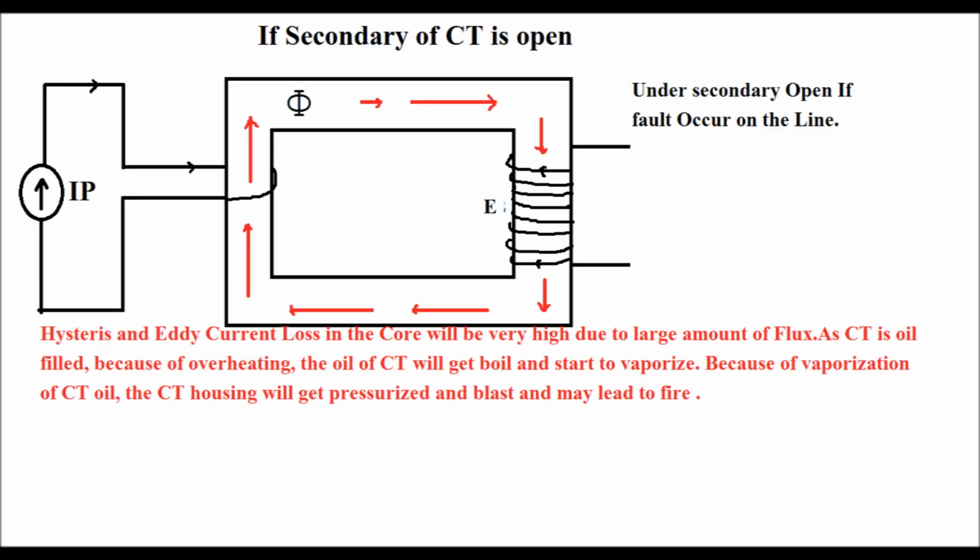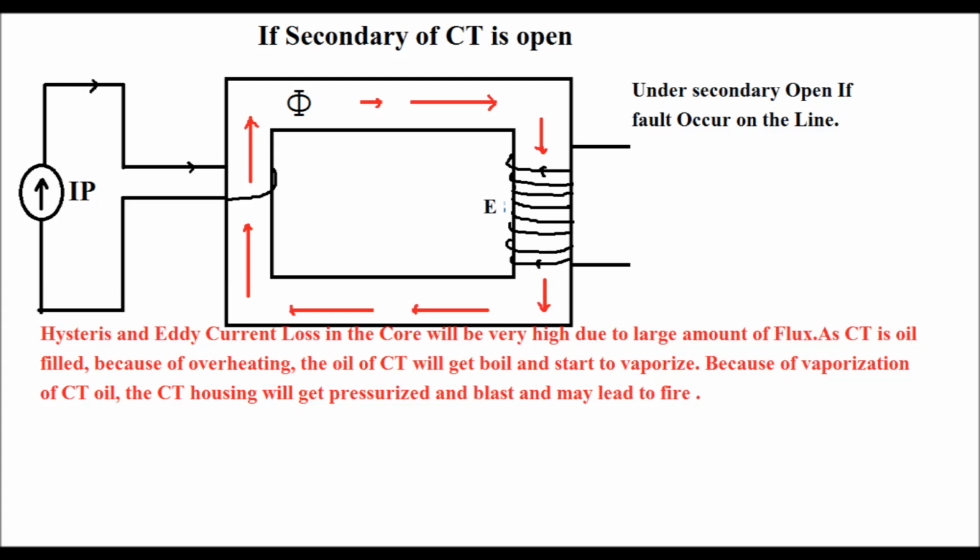Now consider the secondary is open and at the same time a fault occurs. During normal condition, the rated current or load current will flow in the primary side of the transformer. This will lead to a large amount of flux in the core of the current transformer. But during a fault, this current will be much more than during the normal condition. Due to this, a huge amount of flux will flow in the current transformer core,